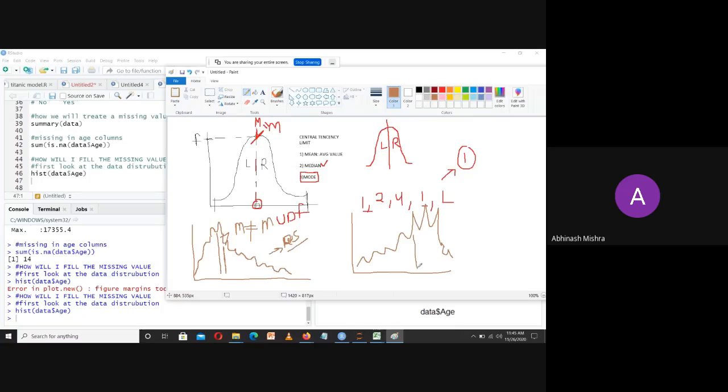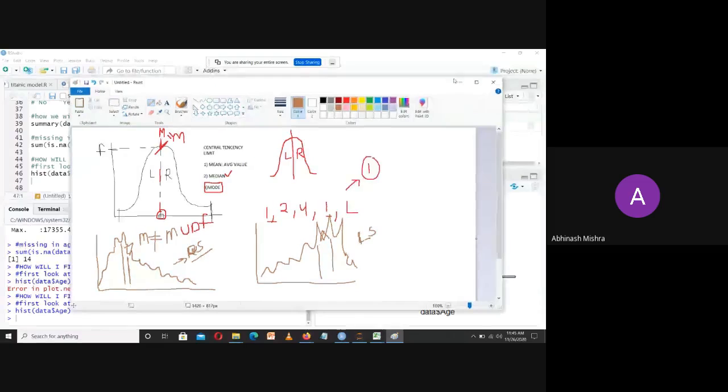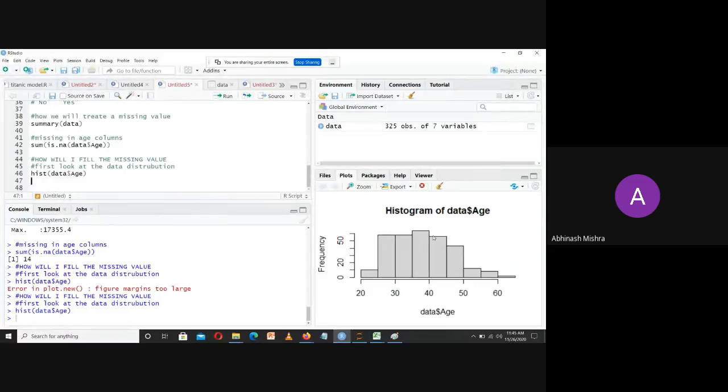So in the same way here also, somewhere mean and median are not lying on each other, which means that the data is not uniformly distributed. So when the mean and median are not the same, then we will say that the data is right skewed or left skewed data. Now, if I'm talking about right skewed and left skewed data, I will first be looking at the data distribution. On the curve which we are seeing for age, we will not say that it is uniformly distributed. We will see that the maximum portion of data with higher values is on the left part. So we will say that it is right skewed.